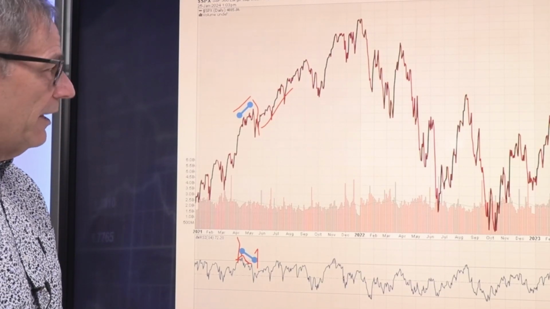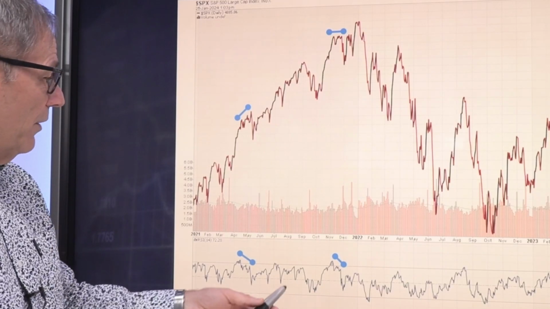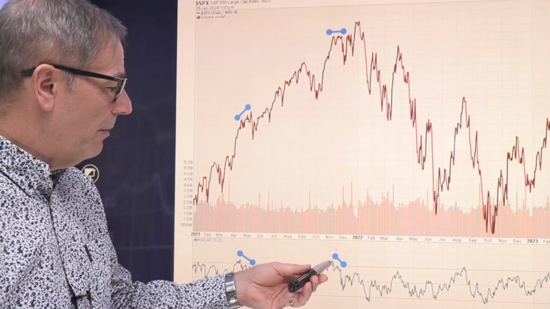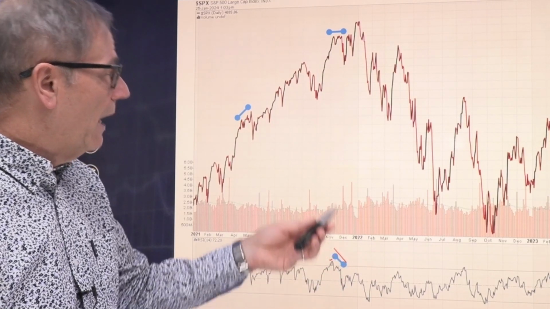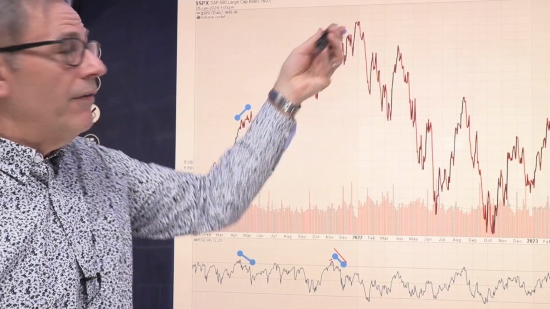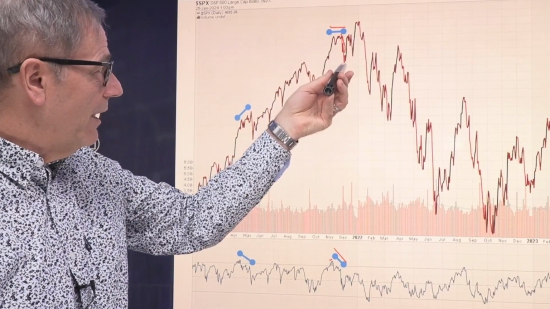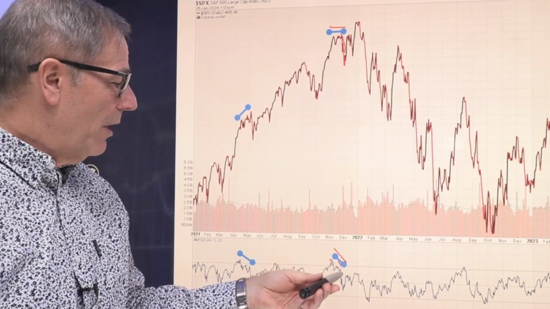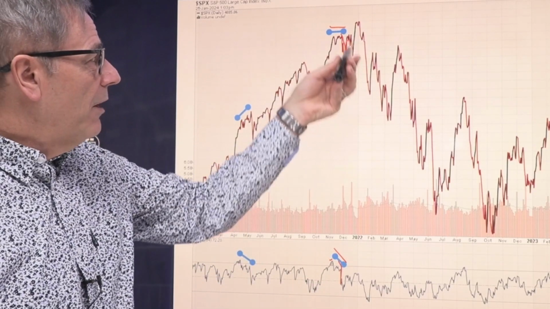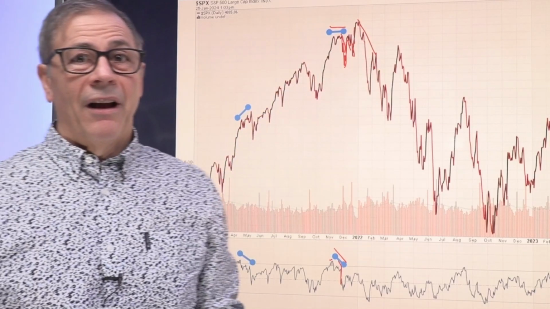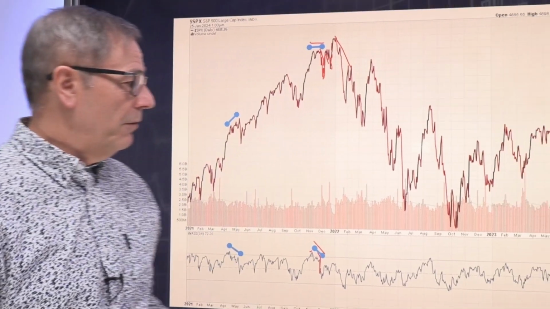If we take a look at another example here, if we go to 2021, a little bit later on in the fall, in November, you can see the RSI crossed above 70 here and moved lower. And if we take a look at the market, it did move higher, but it went flat. It went sideways. Now, that was also a divergence. How this got resolved was, yes, the stock market did move lower here, as well as the RSI. We did see the stock market go back up and down, and then in 2022, we saw the stock market actually head lower from that level. So perhaps there's a little bit of a warning as well about a bigger correction taking place.